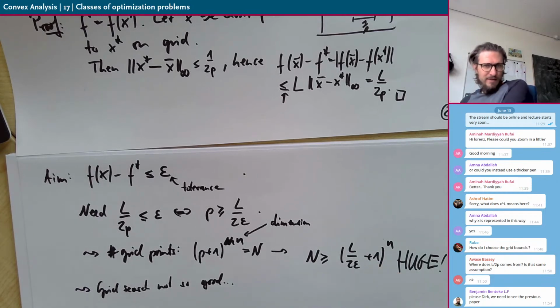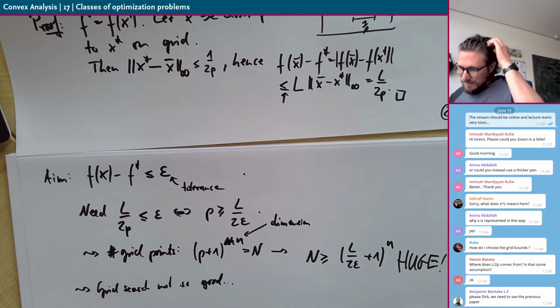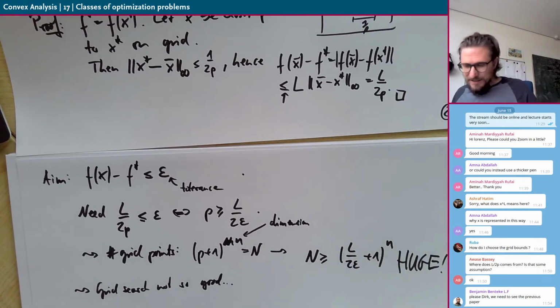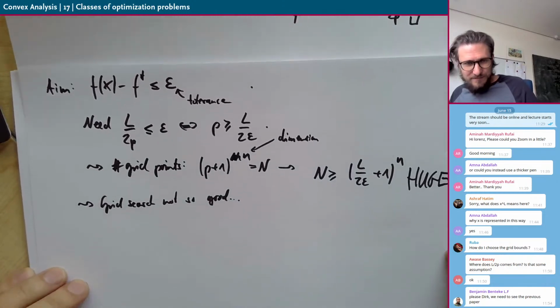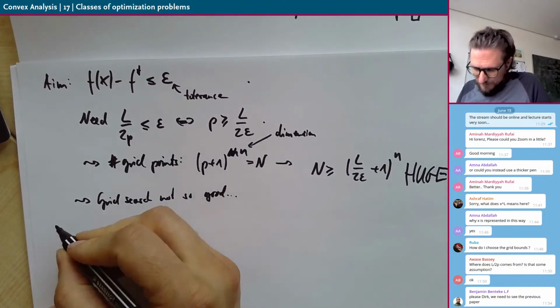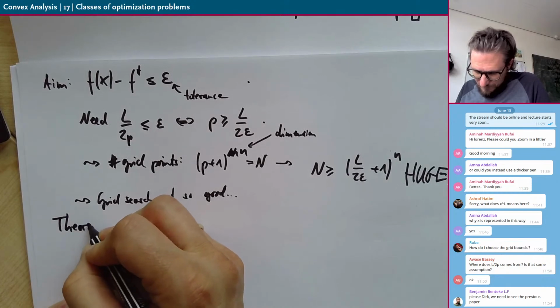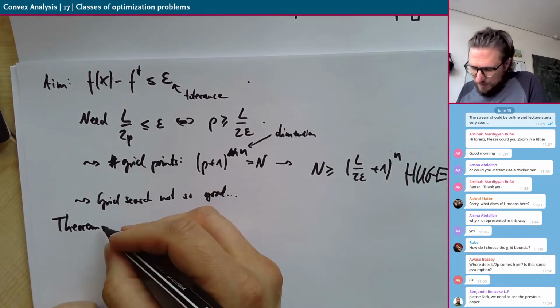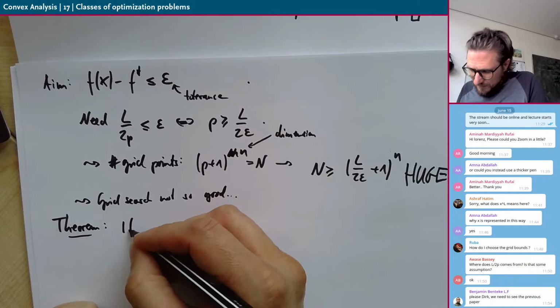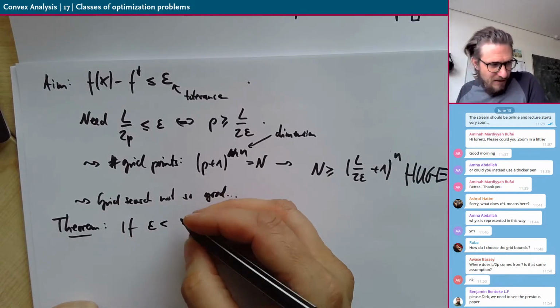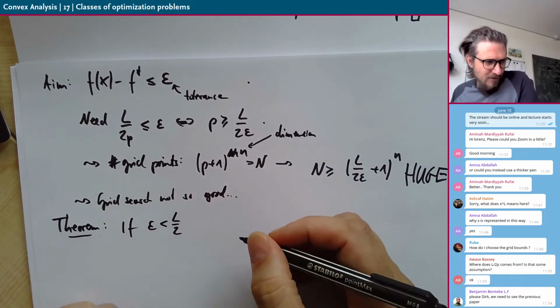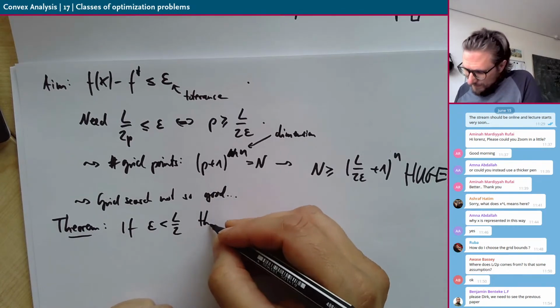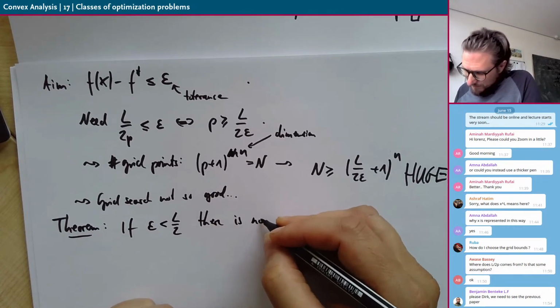So here we have given an algorithm and analyzed how good this is, but now we ask what could the best possible algorithm achieve over all problems of the class. And so there's also an answer to that. Let me first write down the result. It's also formulated as a theorem. It's kind of a lower complexity bound. So if our accuracy is smaller than L over 2, this is not very important, then there is no method